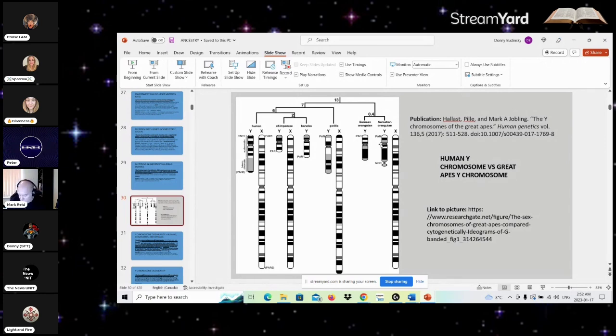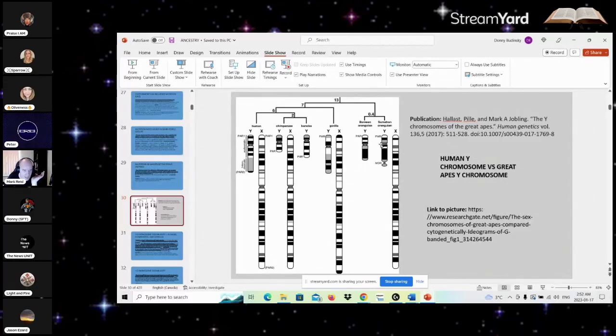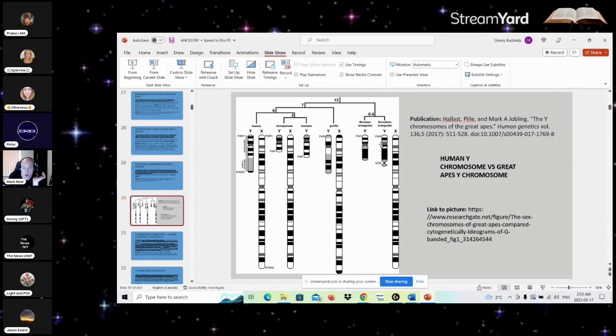Okay. So I think you've sort of pushed back against your own idea that the Y chromosome shouldn't change if they are from the same separate lineage, in the archetype pattern that you're talking about, because the chimpanzee and bonobo are quite different. In fact, there's a segment of the bonobo Y that the chimpanzee just doesn't have. And if you look at this graph, even the top of the human Y chromosome is more similar to the chimpanzee than it is to the gorilla.